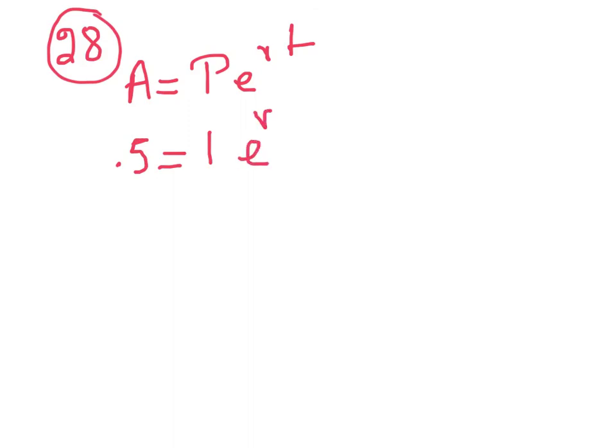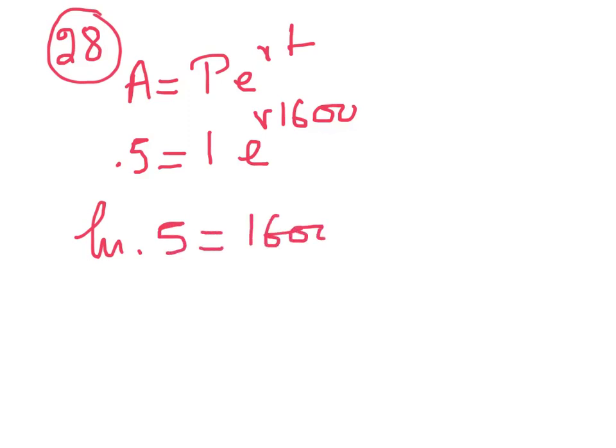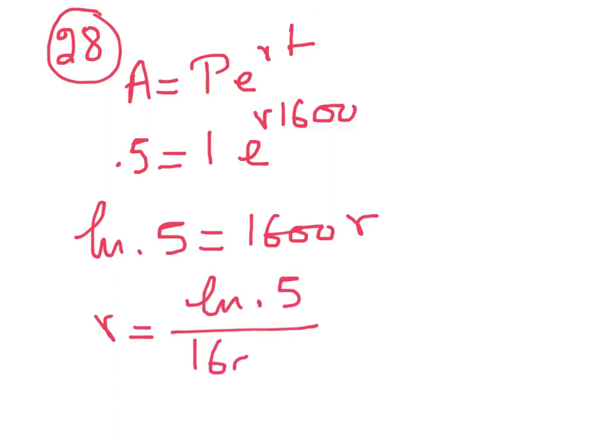28. I'm going to start with Pert. A equals Pe^(rt). Now to decay to half, we started with 1, ended up with a half of that, and we're looking for the rate. It took 1600 years to go to half. ln both sides, ln 0.5 is equal to 1600r, and dividing by 1600, ln 0.5 divided by 1600,